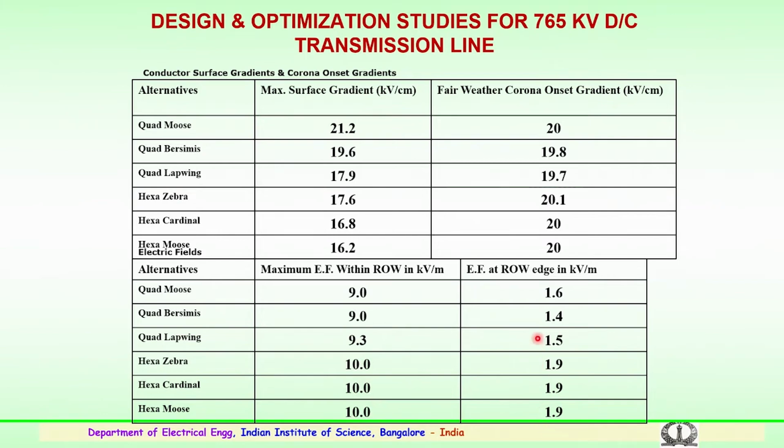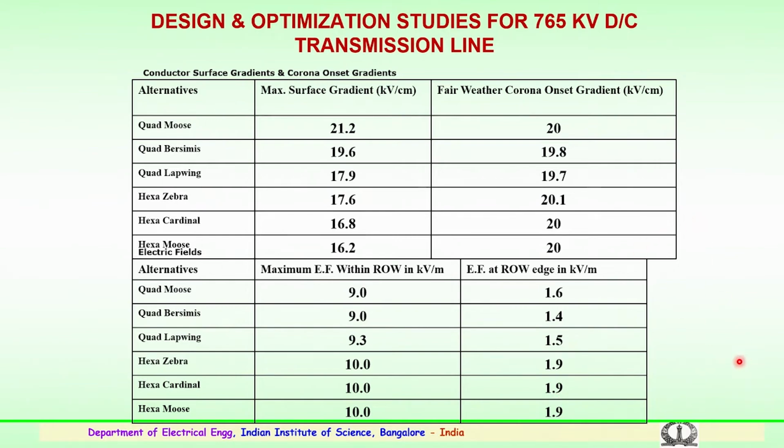Here, the electric field at the right of way edge in kV per meter gives anywhere between 1.6, or 1.4 in case of Bersimis, which is a slightly higher diameter conductor. Lapwing becomes much more, but the value shows 1.5. Further, for the hexagonal arrangement, the electric field estimated at the right of way edge was seen to be 1.9 kV per